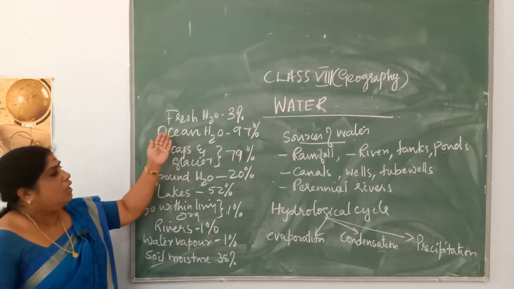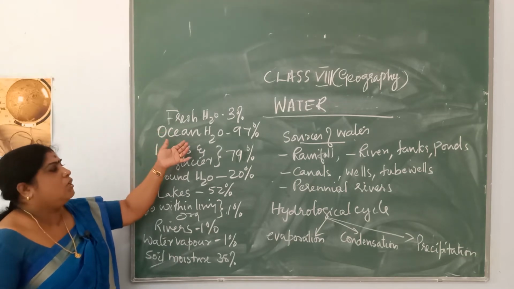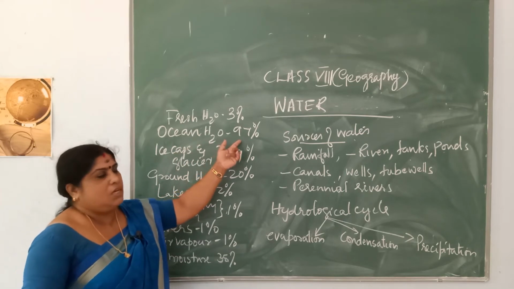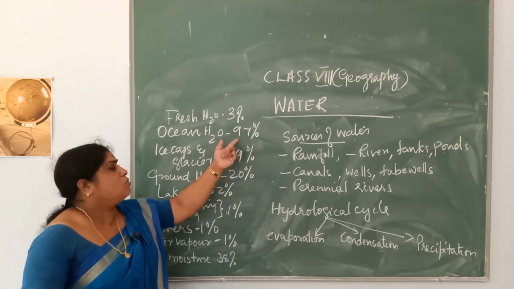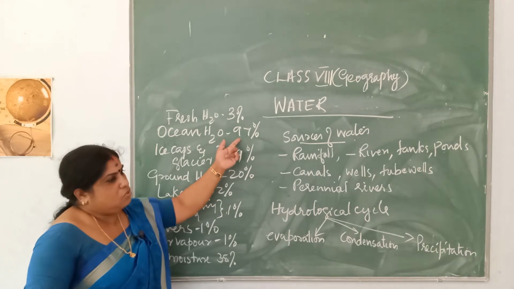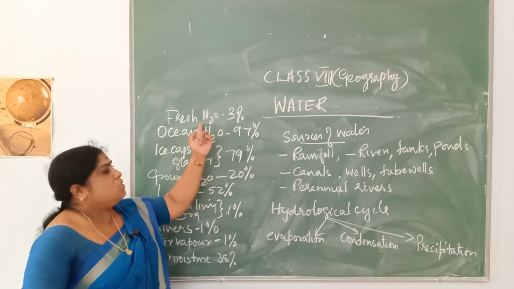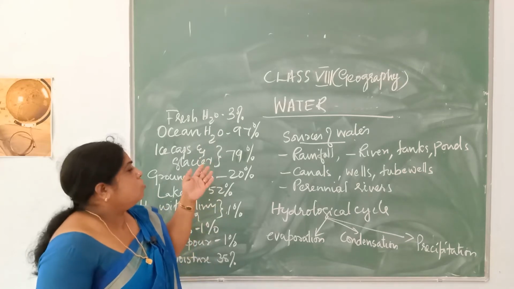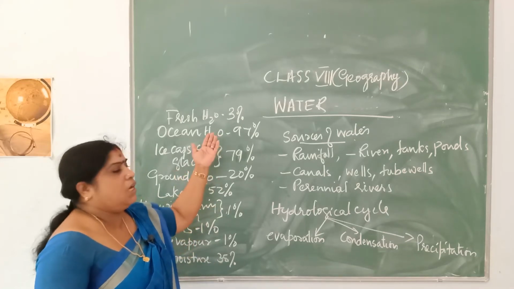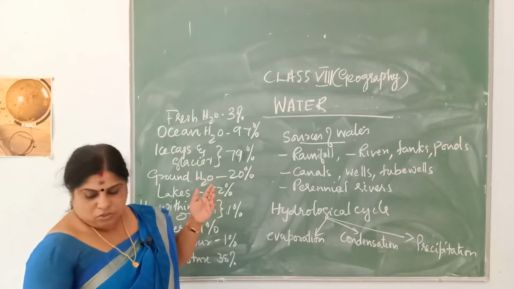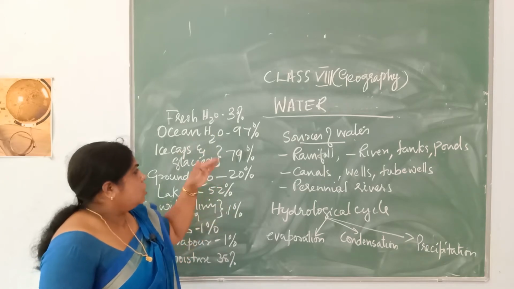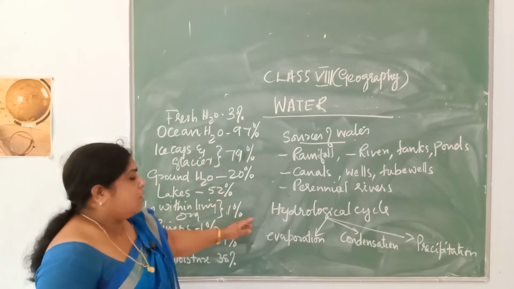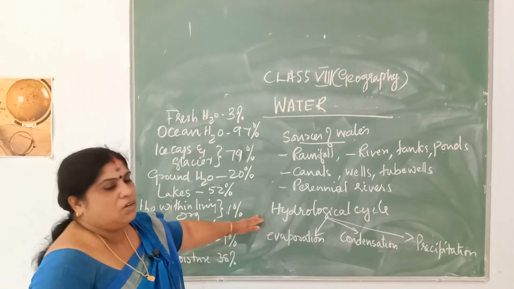Most of the total amount of water is present in the ocean, about 97%, and it is salty in nature and you cannot use it for your daily necessities. So the availability of fresh water is very much limited, only 3%, and there is no source from where you can obtain fresh water resources. So it is kept again and again at 3% itself through a process which you call the hydrological